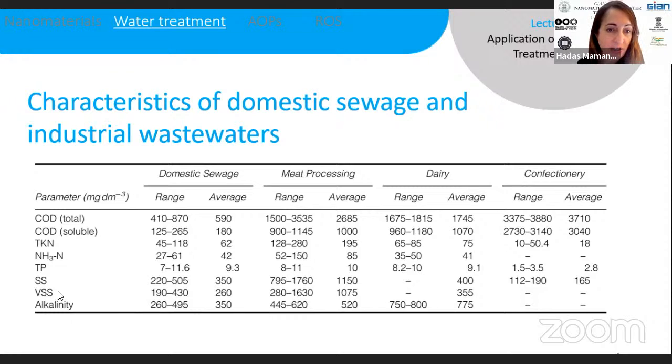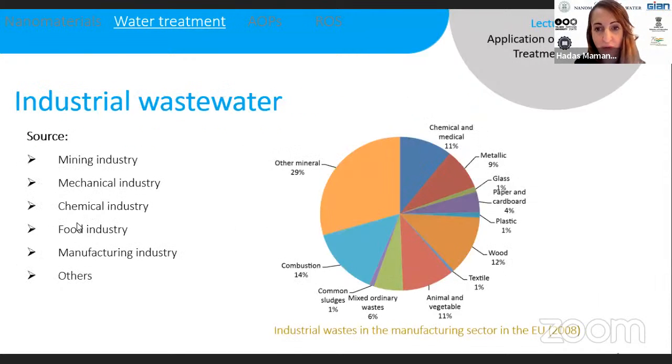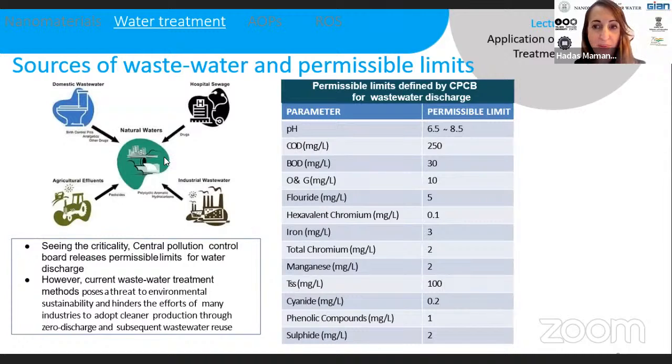And also other parameters: the volatile suspended solids, alkalinity, suspended solids, total phosphorus, ammonia, the TKN. We can see a difference between these, but I think one of the things that is most prevalent is the COD, which in industrial wastewater in many cases is much higher compared to the COD in domestic wastewater. And we can see here that the permissible limit for COD is 250 milligrams per liter,